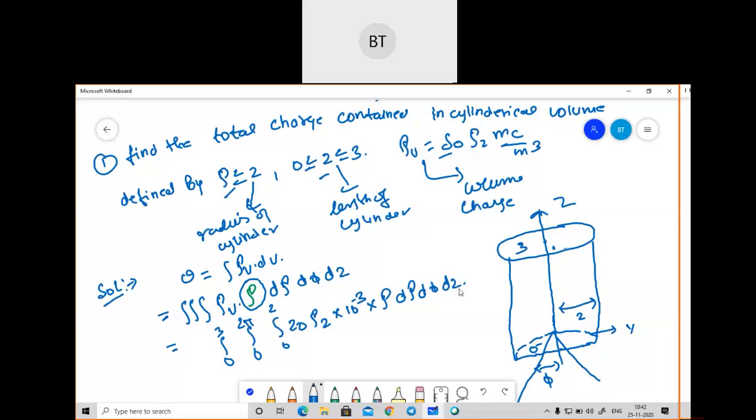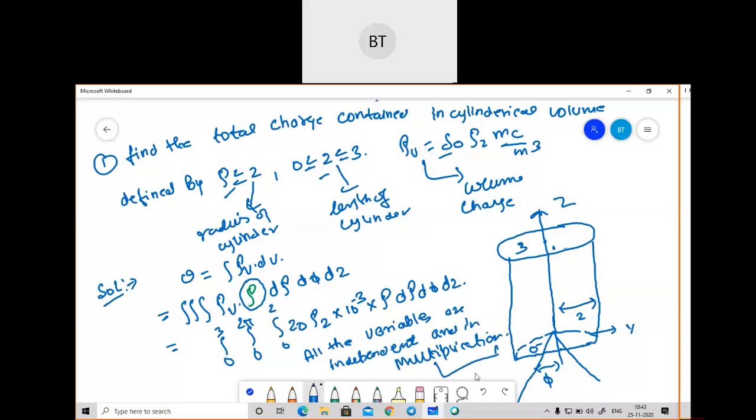So see, just remember one thing, that if you are dealing with the cylinder part, we have to multiply an extra rho, that we have already done, and after that we just need to apply the formula. Whatever formula we have learned, we have to apply that. So since all the variables are independent and in multiplication,